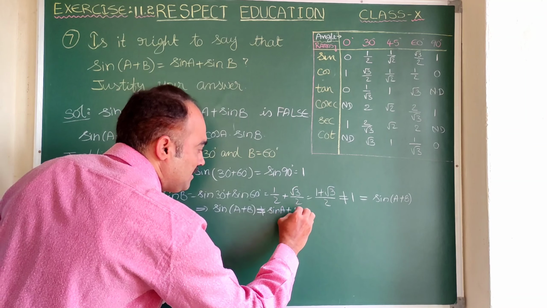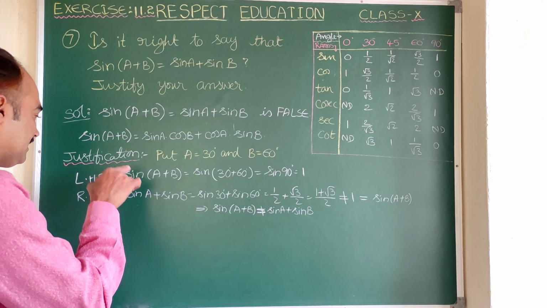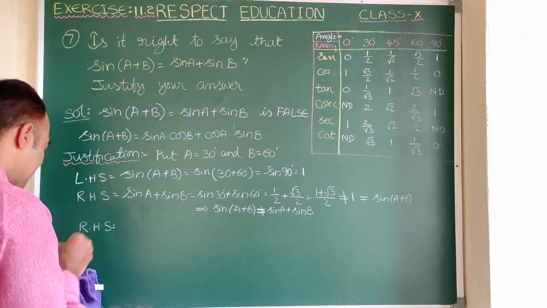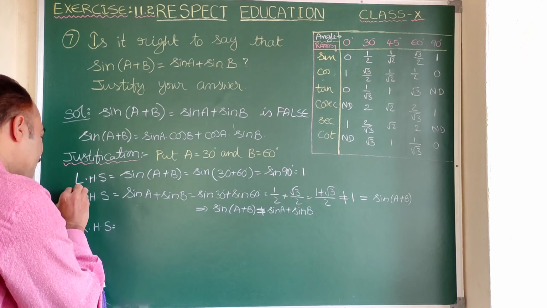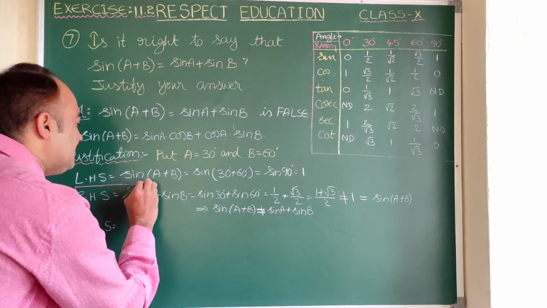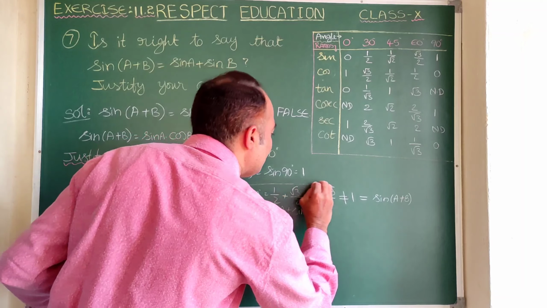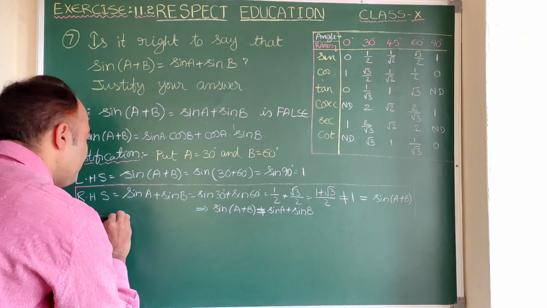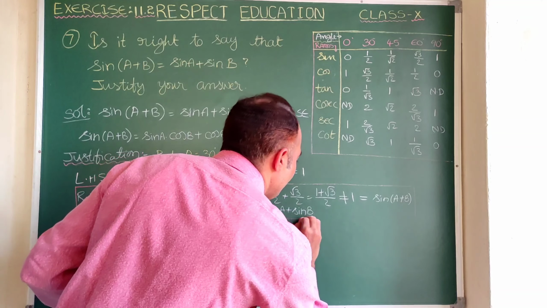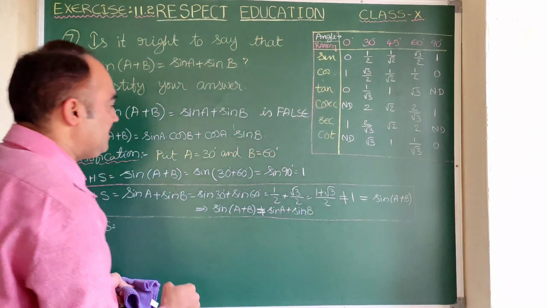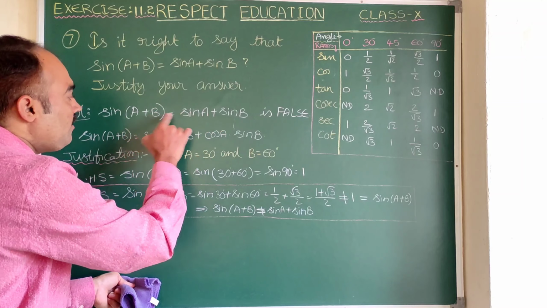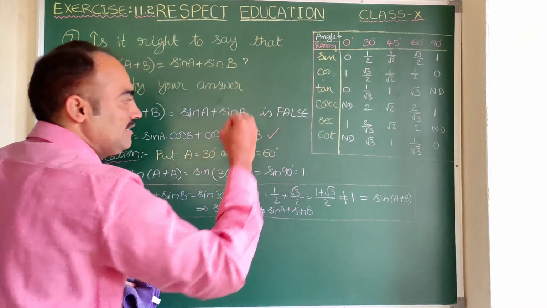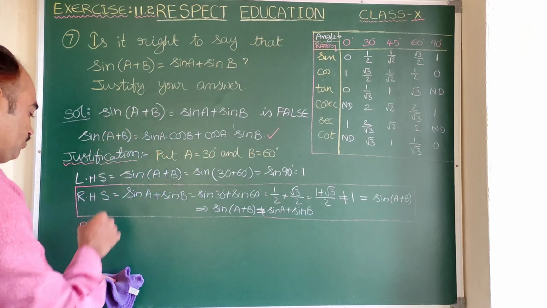Now let us consider the RHS here. This is what we have done earlier. This is what was given in the question, and that is what we checked. This is different. Now we are saying that this is wrong and this is the right one. Now we are saying that this is the correct one. In that, we are going to check whether it is true or false.